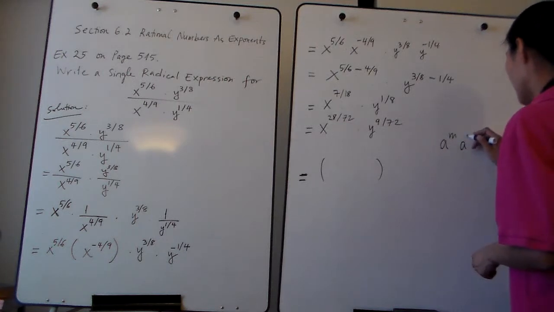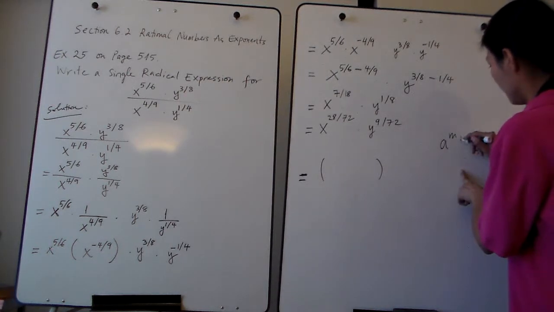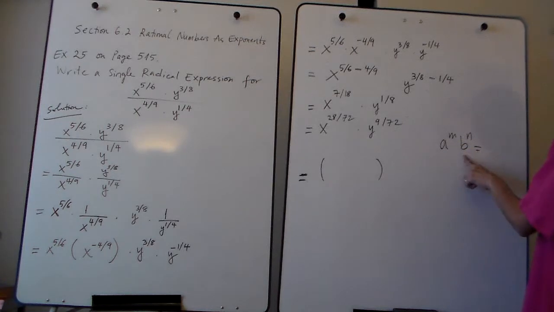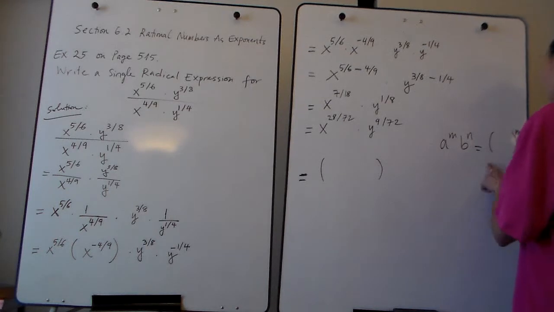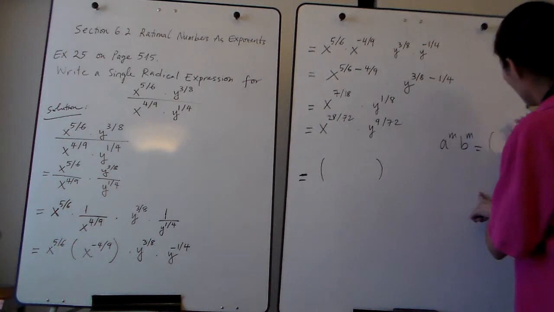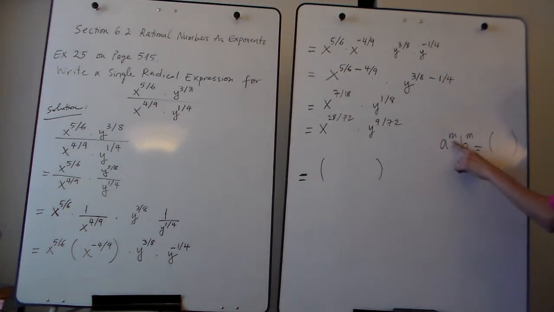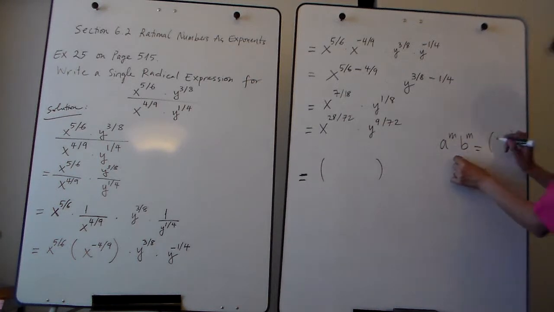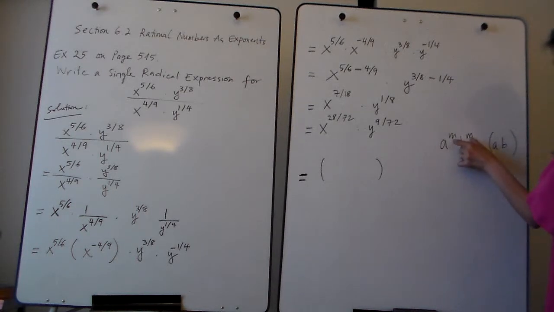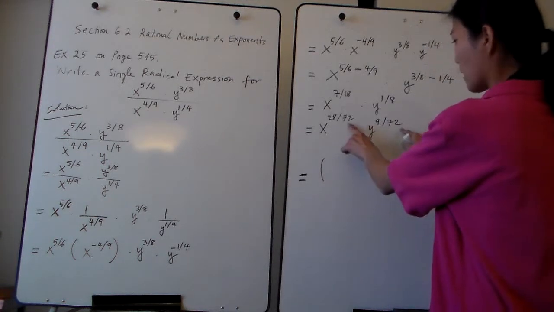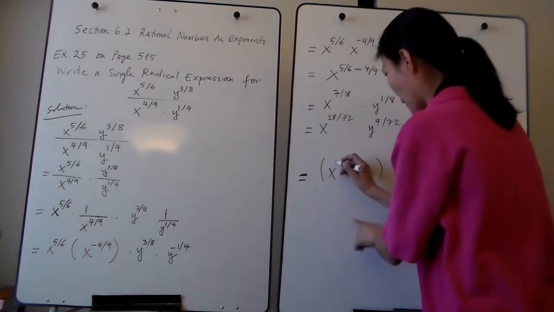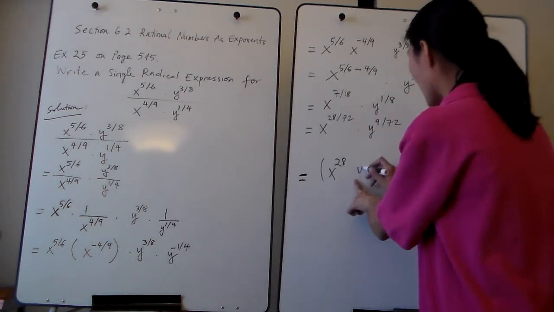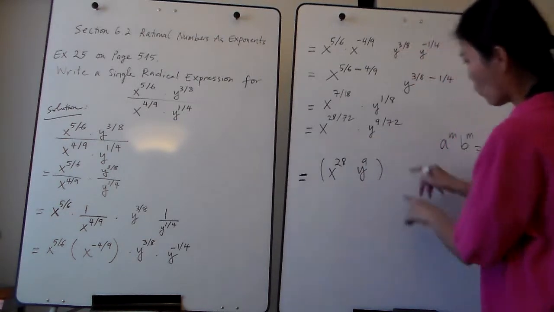If you have a raised to the n power and b raised to the n power, you can combine them as a times b, and the common exponent goes here, n. So we have 72 as the common factor. I'll have x raised to 28 and then y raised to the 9. The one I'm going to factor is